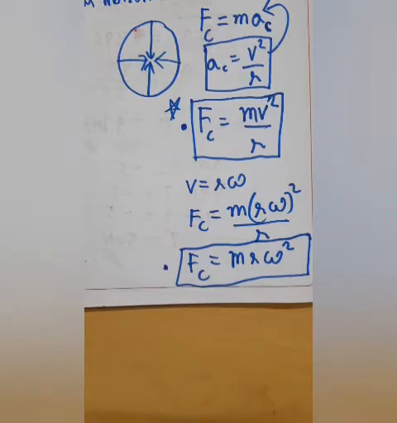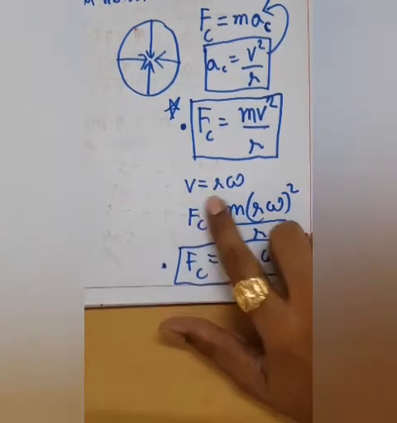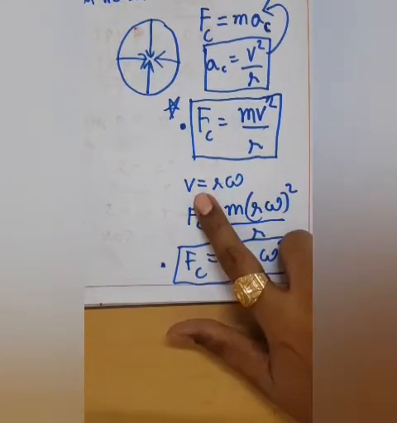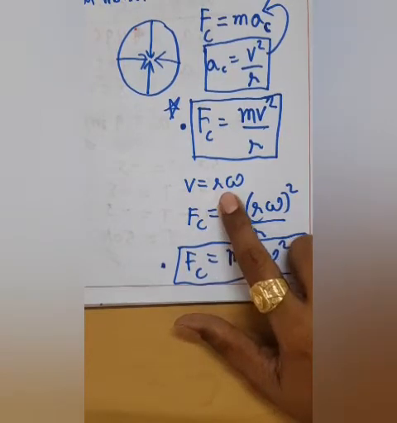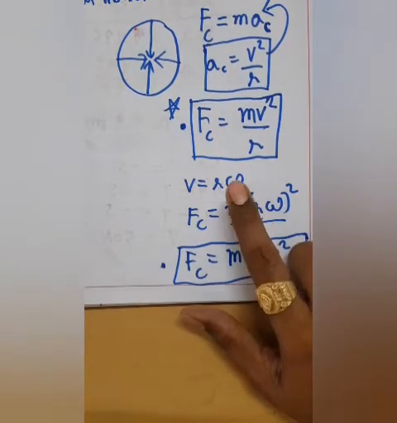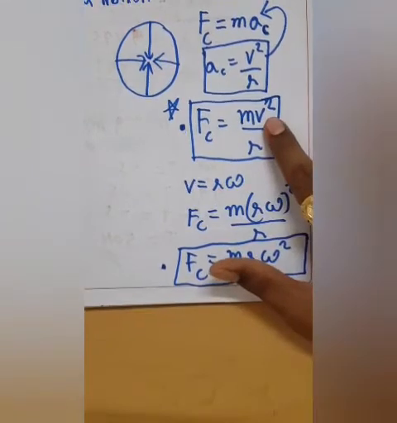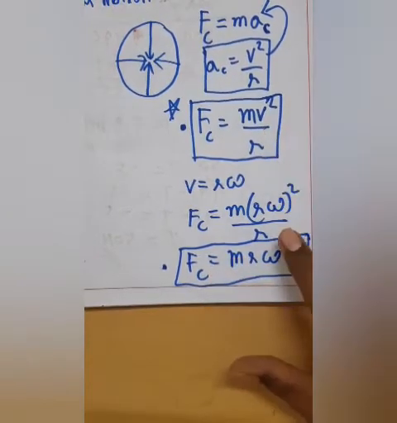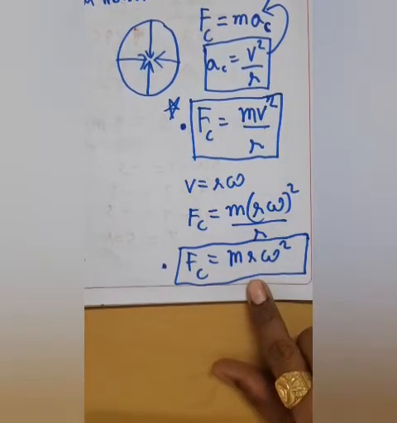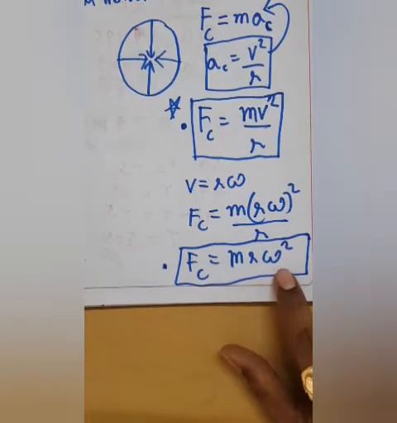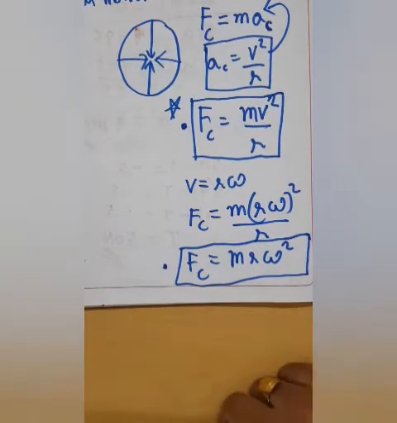Okay. Now there are various physical quantities that we have studied in motion in a plane, which are related to circular motion. Like for example, we have studied this relation that linear velocity is equal to r into angular velocity. So from this formula we can put the value of v over here, that is r omega. So the formula for centripetal force also becomes Fc is equal to mr omega square.